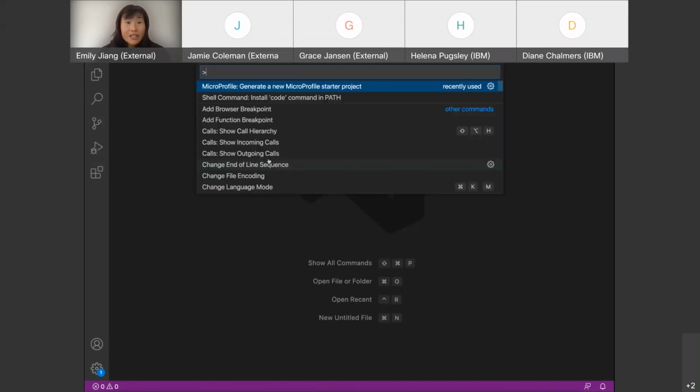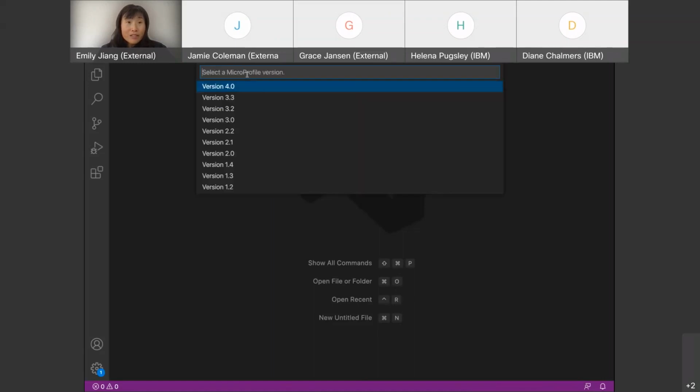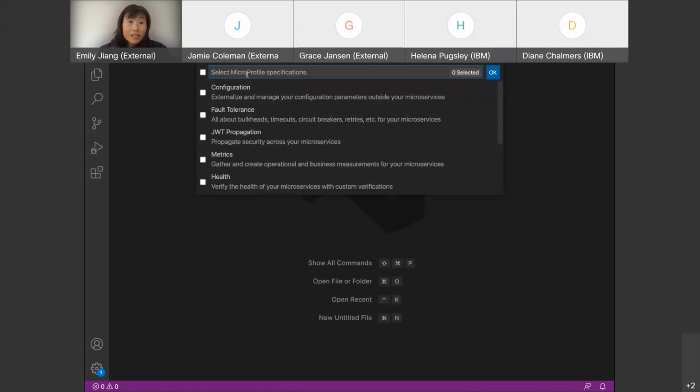As you can see, if I say MicroProfile: generate a new microservice starter, this is a group ID, artifact ID. Maybe I say road, like a show liberty, for example. And then the version 4.1, Open Liberty, I can say Java 11, Maven, I can choose